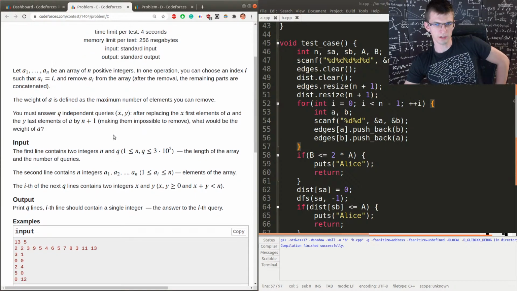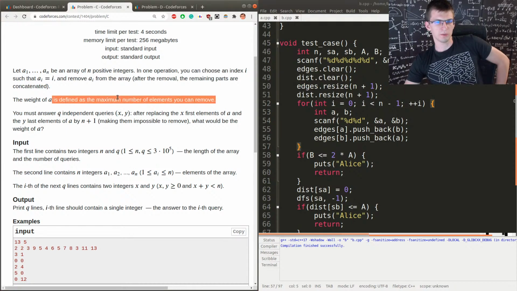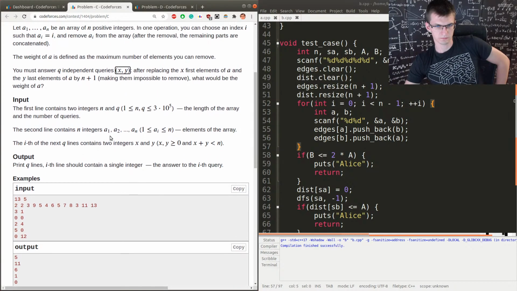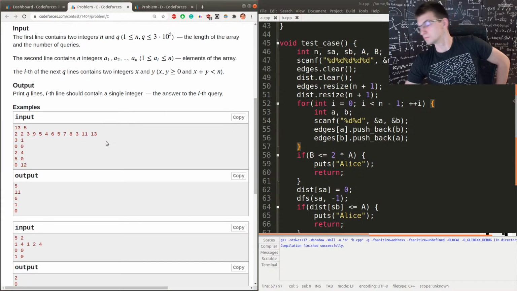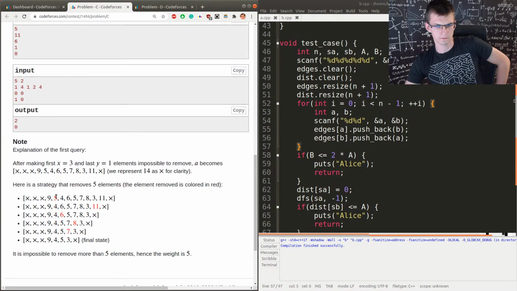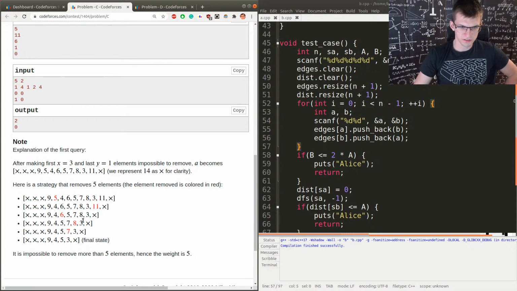You need to answer Q queries about if we only allow removing stuff from this interval, so everything outside becomes impossible to remove, what would be the maximum number of elements we can remove? Okay, we have something like that. 5 is removed, 11 is removed, 6, 8, 7. For sure, if there is a situation where we can remove both 7 and 8,